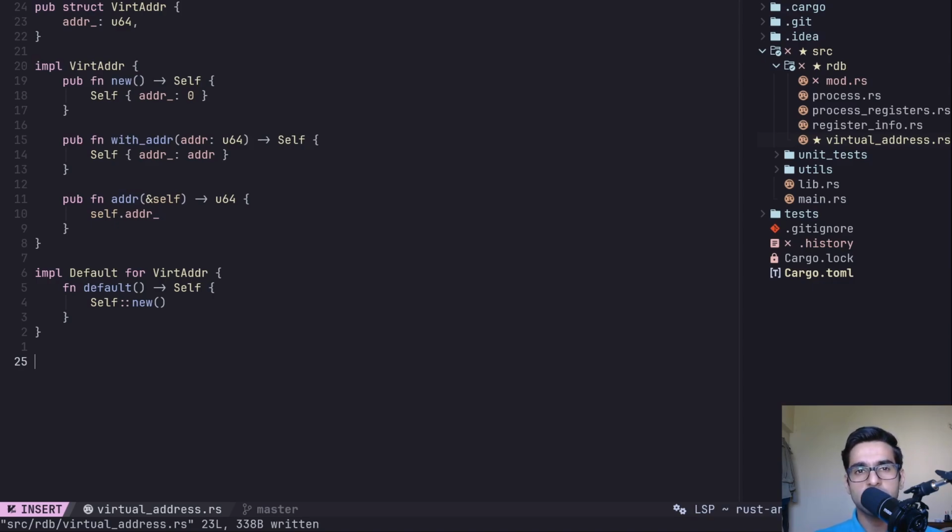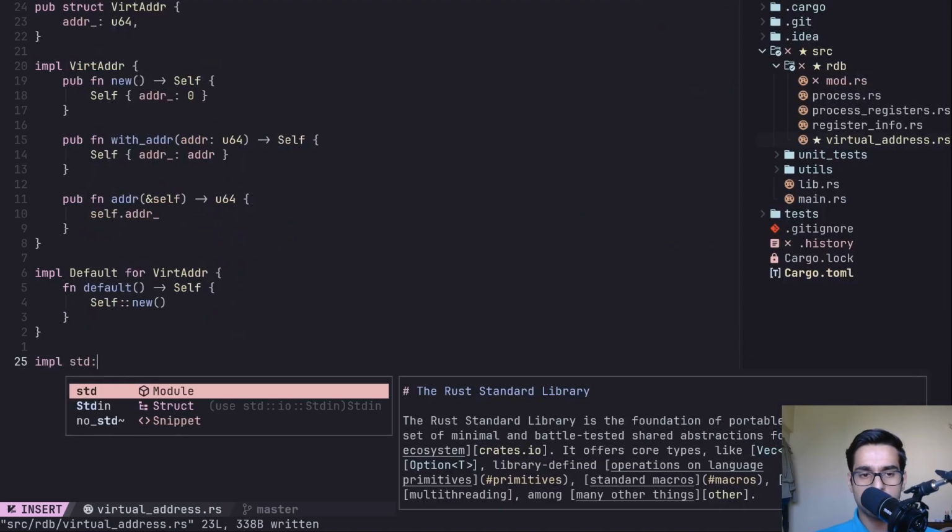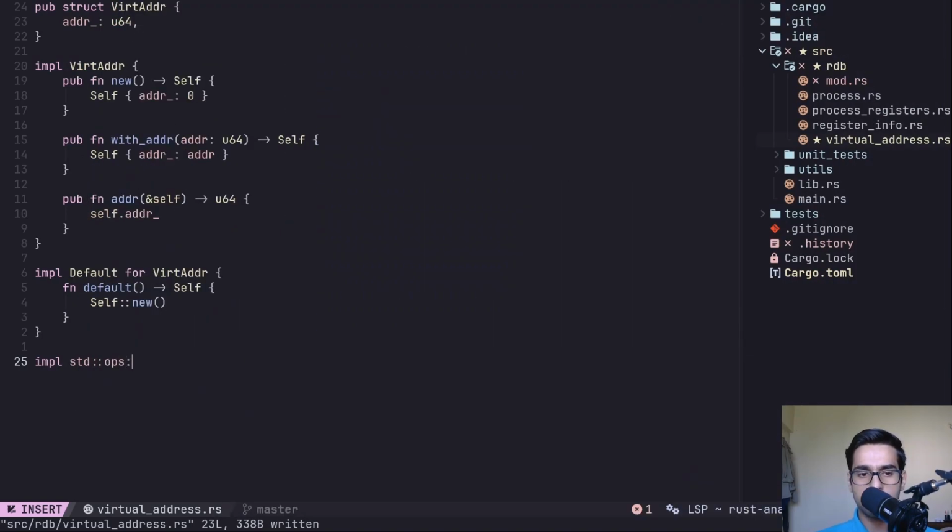We want basically those operators to be overridden for this struct. So we'll start doing that. Let's impl std ops, and we'll implement the add operator for it, and it takes an i64 because we can possibly give it a negative value. In that case, it will decrement. So we'll implement it for virtual address,